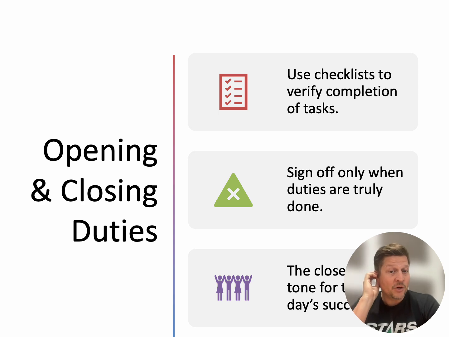All right, so next thing is opening and closing duties. This is a category of your activity. It has everything to do with delegation, checklists, and signing off of things. Okay, so we're going to provide you with checklists to verify that there's completion of side work and various tasks through each shift, okay? And so when these aren't done properly, importantly, we need to hold that level of accountability, and sometimes that needs to come up to management and to ownership. If people aren't doing it, then you need to use 7shifts and just communicate that to your manager.